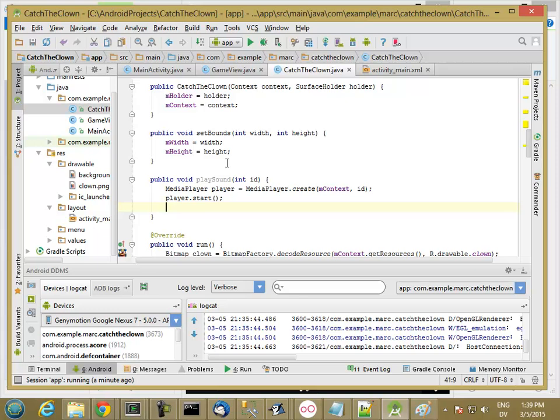But one thing we haven't been doing throughout the term that you really need to do is you need to listen for when the sound is done playing and then release the media player. And some of you might have noticed in previous labs that if you get too many sounds playing, they just stop playing at a certain point. And that's because you basically run out of media player objects. So there's a finite quantity of them, and they don't automatically get recycled or garbage collected unless you get rid of them. So the way you do that is you set an onCompletion listener,